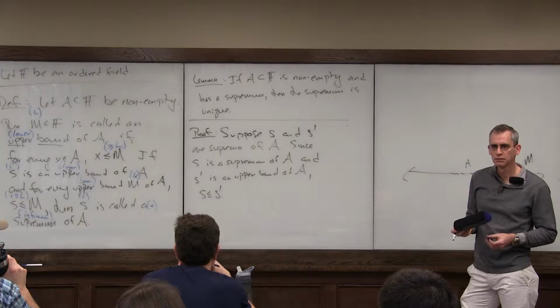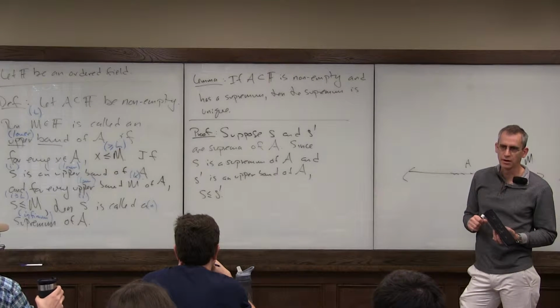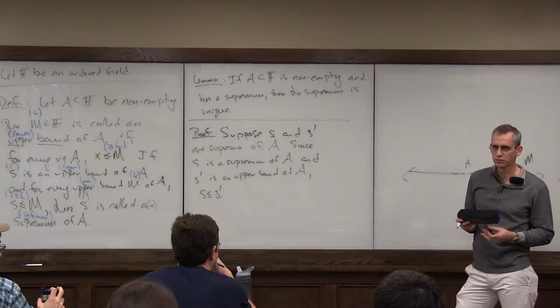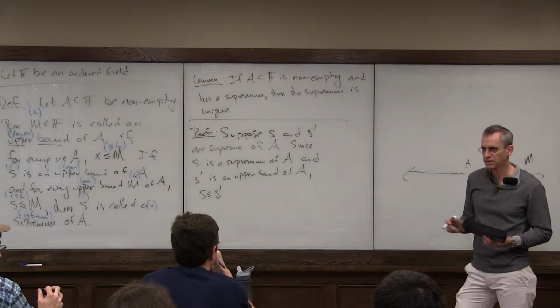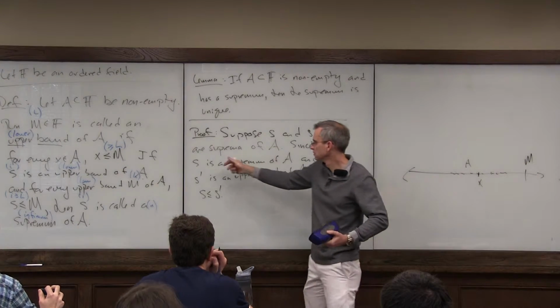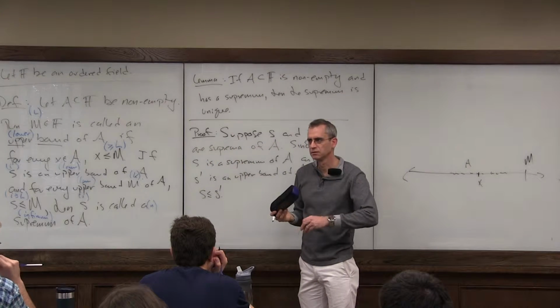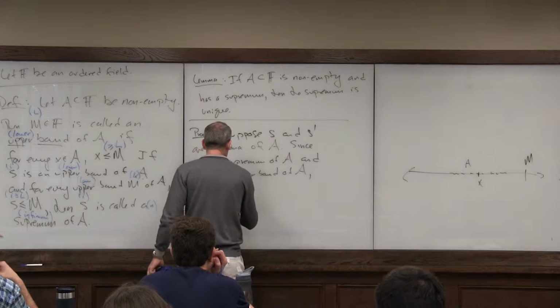S prime is the supremum of A, and S is an upper bound of A. Right. In other words, S prime is less than or equal to S. Yes, and so the proof is really, I mean, you're absolutely right, but we'll just say that it's similar, right? Because we didn't use anything special about S and S prime. They're just two suprema. Okay? Similarly,